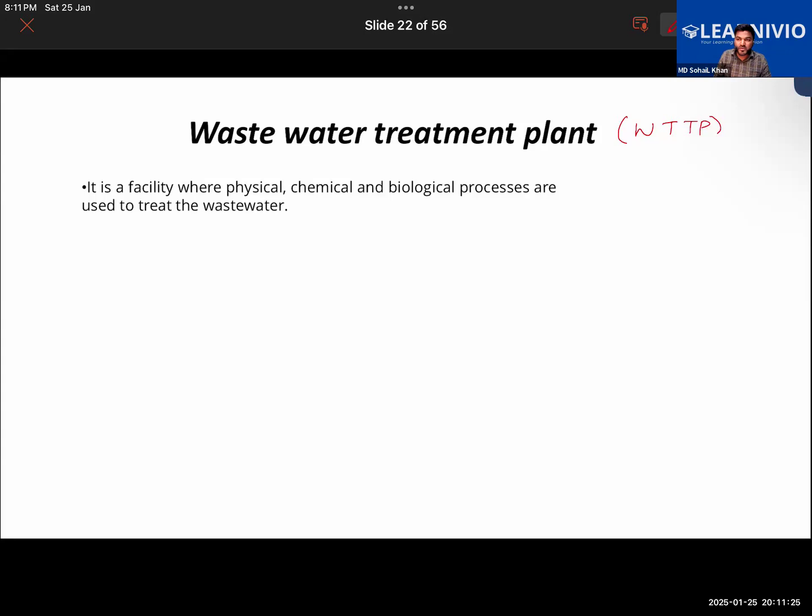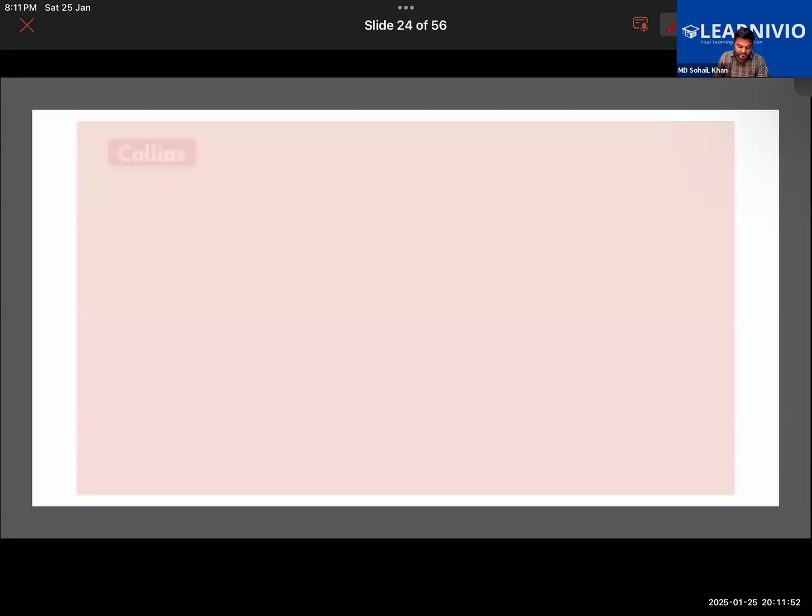Yes, sir. Okay, so wastewater treatment plant, as I was saying, is basically a facility, a place where the wastewater, that is the sewage, is treated physically, chemically, or biologically. Different processes are used to clean it. Getting it now? So in the wastewater treatment plant, firstly we will see that the water is passed